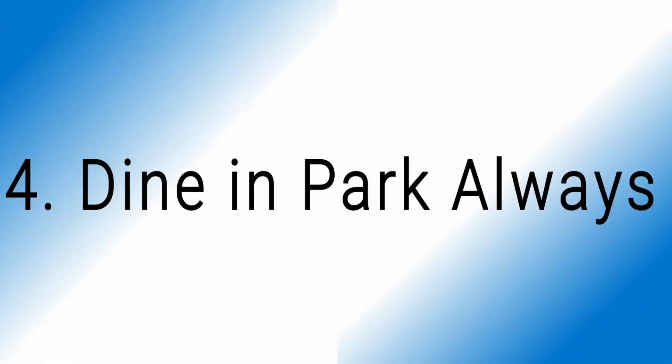Tip number 4 is dine in the park. Epcot is by far the best park for dining experiences. And this is because there are so many restaurants. I mean, each one of the 11 countries in World Showcase have at least one restaurant, and there are additional restaurants in Future World. So be sure when you're planning your day at Epcot to include a dining reservation because